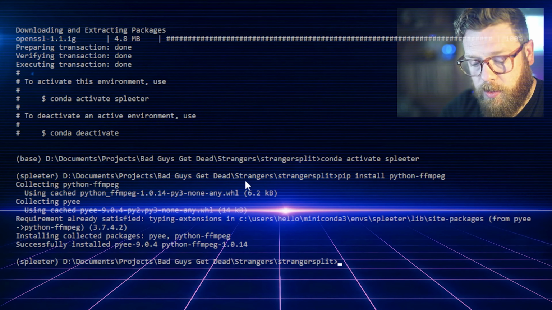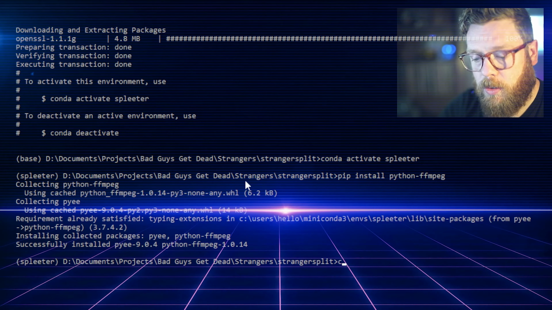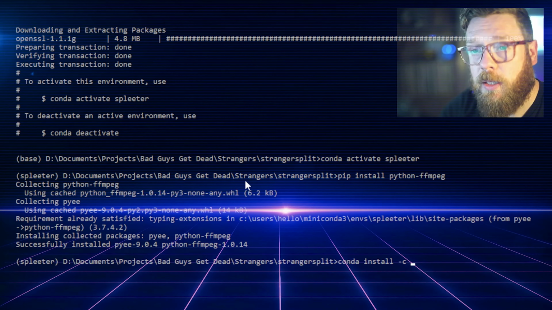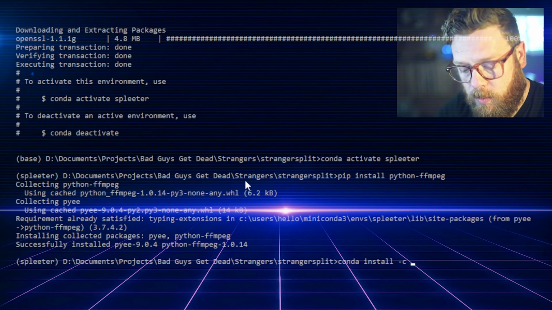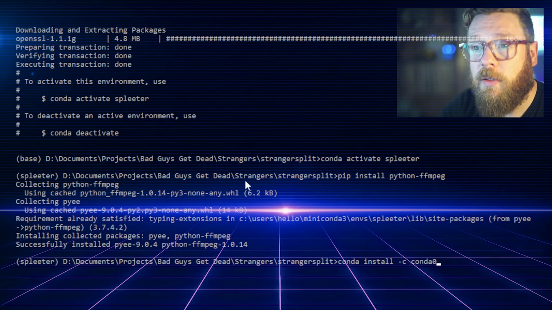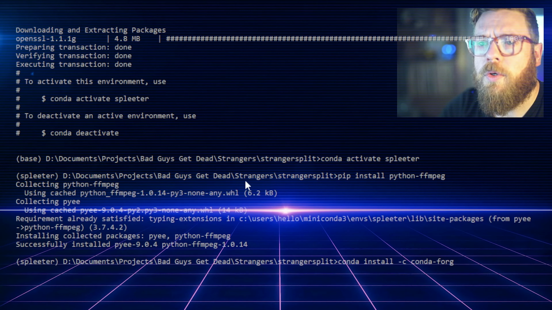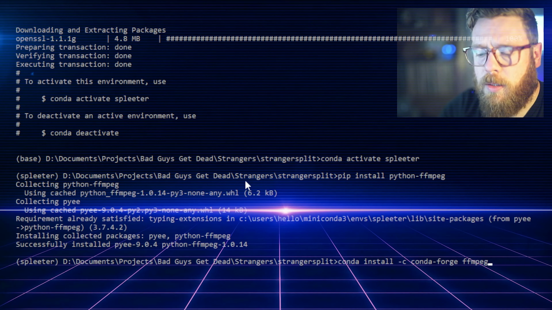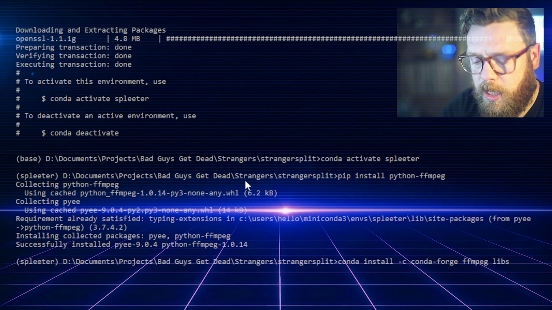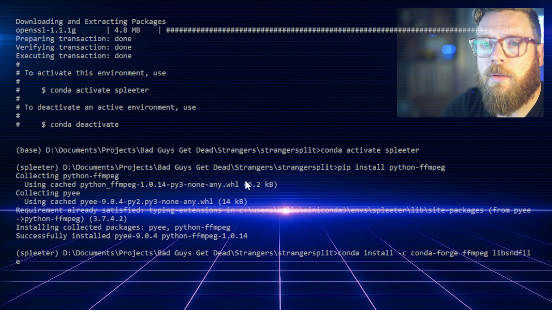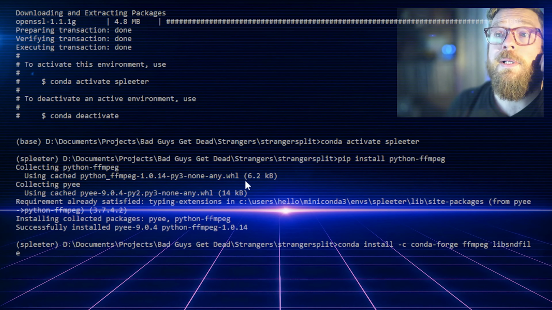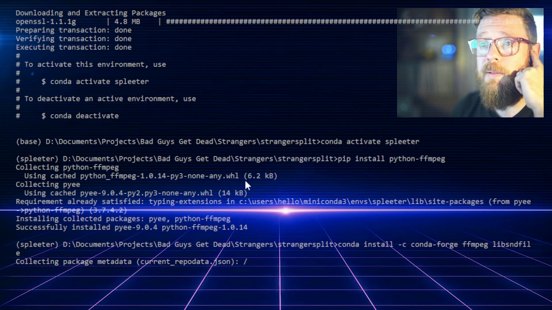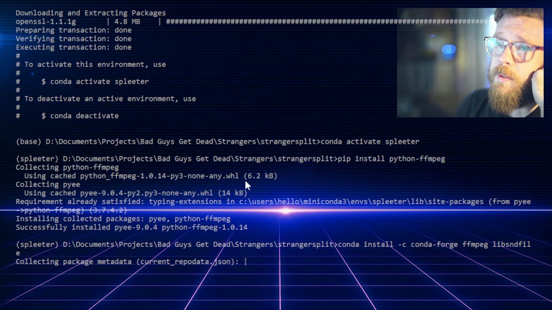Next, we will do a conda install. We're going to hit -c, and we'll say conda-forge and ffmpeg and libsndfile. Now the Spleeter documentation says you don't need this libsndfile unless you're doing training of the machine algorithms, but